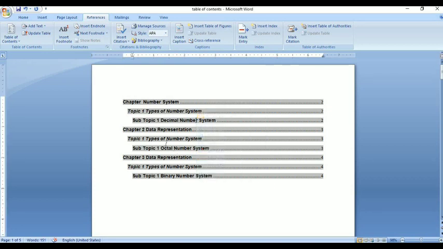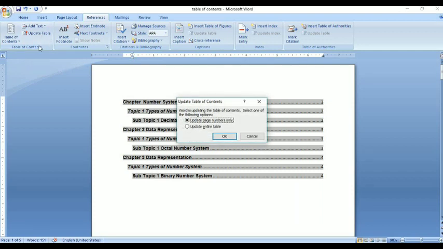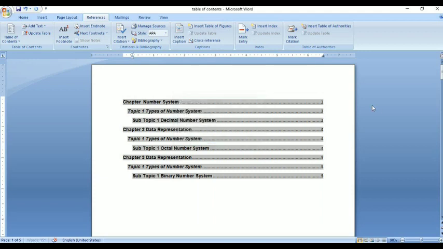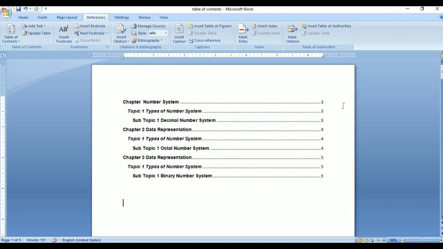There is an update field option, but I want to go to this update table option. Once you click on update table in the table of content group under the reference tab, select update page numbers only, and your page number will be updated like this. See, now it is page number 3.